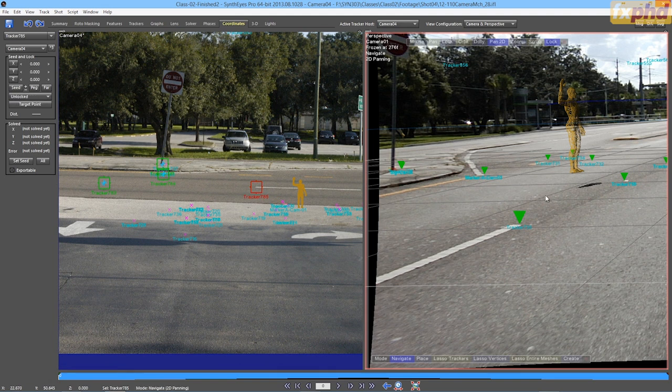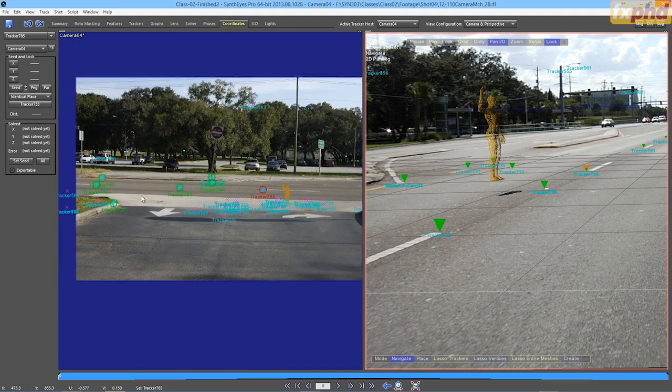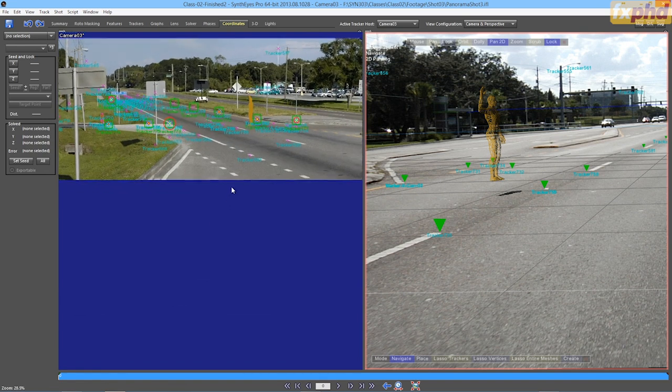And this one with that one. That should do it. If I go to camera 3,